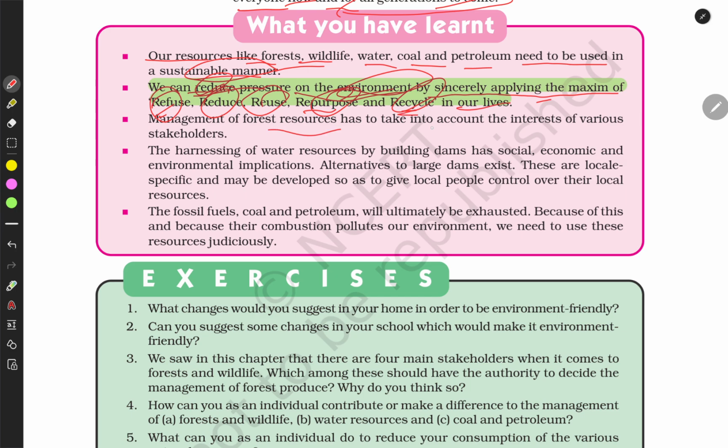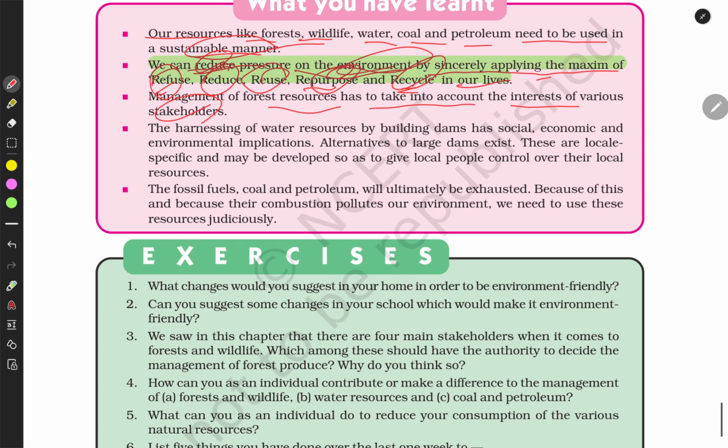Management of forest resources has to take into account the interests of the various stakeholders, and the harnessing of water resources by building dams has social, economic, and environmental impacts. Three impacts: social, economic, and environmental. Alternatives to large dams exist. They do exist, and these are